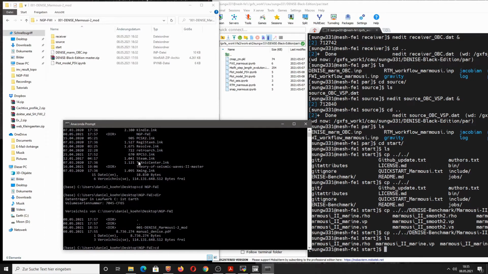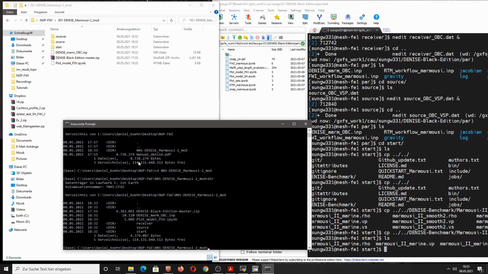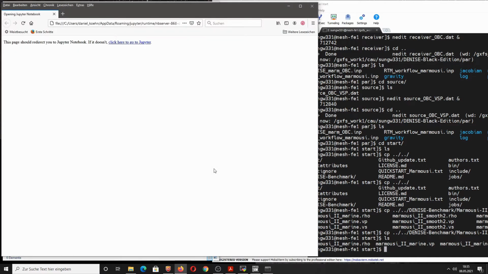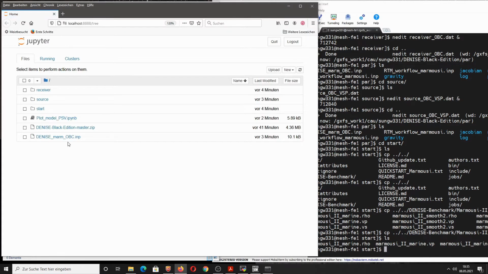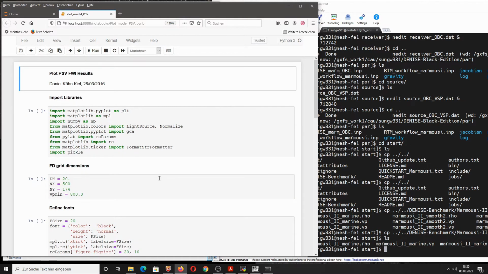And then into the folder 001 Denise Marmousi 2 run. Okay, then I start a Jupyter notebook. And as you can see, we can now start here this Jupyter notebook plot model PSV in order to check if the model parameters are all correct.